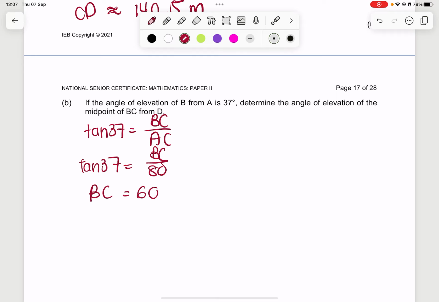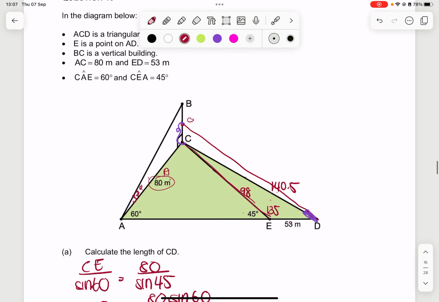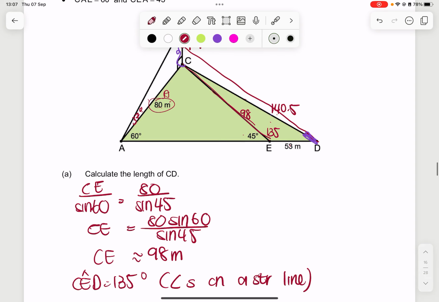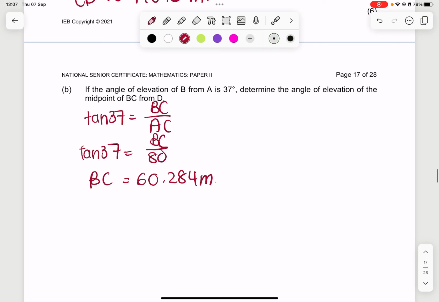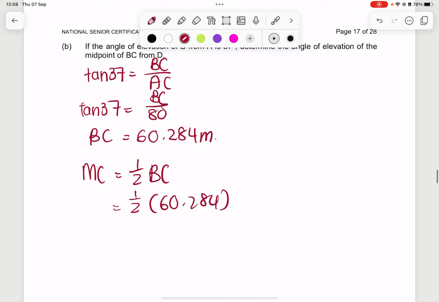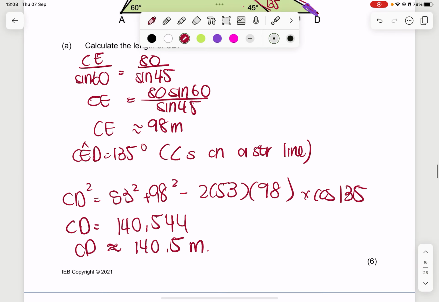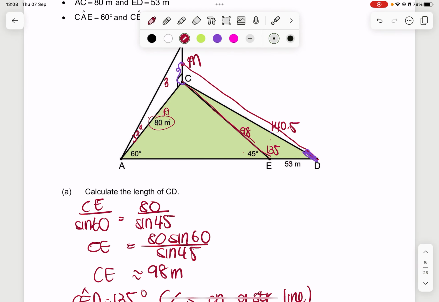So tan of 37 is equal to BC over AC, and we know that AC is 80. BC is therefore 60.284 meters. Now let's name this point here as M. MC would then be a half of BC, and that's a half of the 60. That gives us 3.142 meters. Okay, so we have this value here,